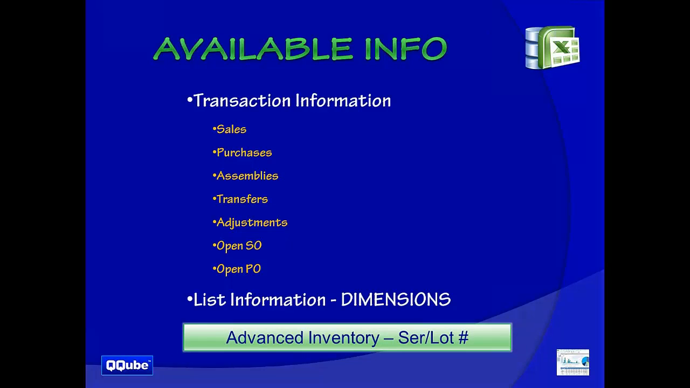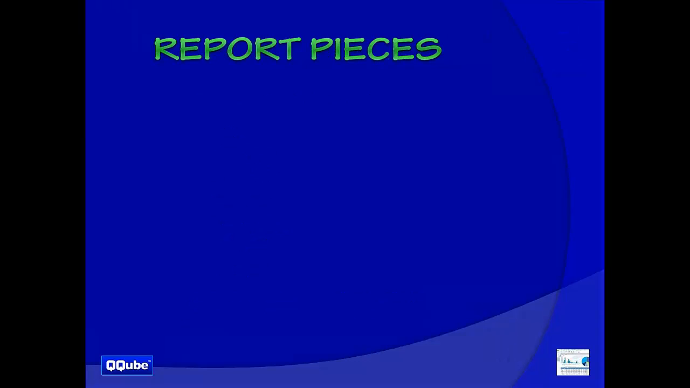And of course we have all of the advanced inventory information, the serial numbers, the lot numbers, et cetera, et cetera. And you're going to see how much easier it is to do that in the pivot table than it is to run some report when you're inside QuickBooks. In terms of report pieces, as I call them, or report types,